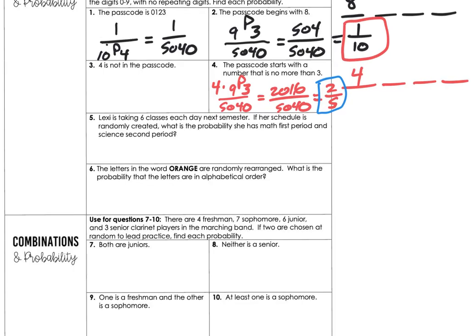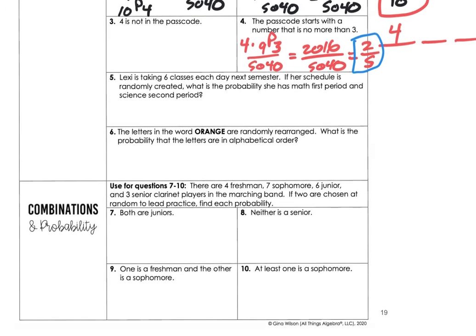Okay, on number 5, Lexi is taking 6 classes each day next semester. If her schedule is randomly selected, what is the probability that she has math first hour, science second hour? Okay, there's 2 ways to do this. I'm going to show you kind of the easy way and the hard way. The first way you could do this is